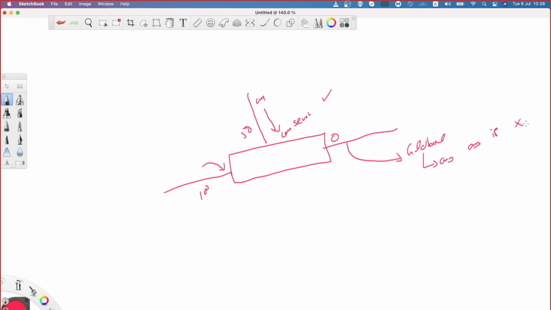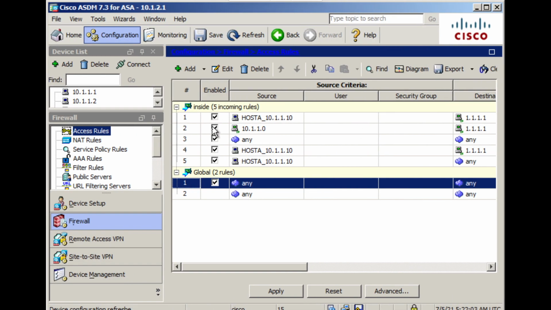This is the rule we have seen. Now, the moment I add one rule on the global rule section, the access control list associated to the DMZ, which is any to the less security level, is gone. Same way, there was a representation for the outside interface that is also gone. Do you understand what I'm saying? Is that clear? Earlier we had this.